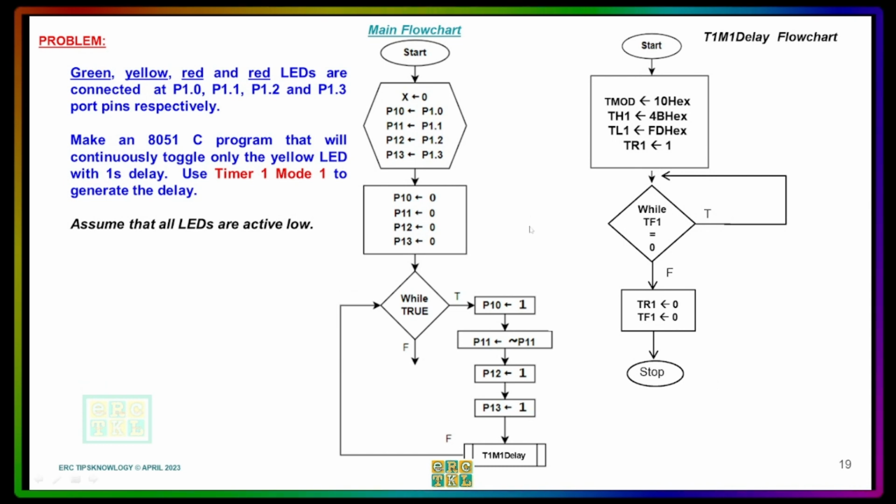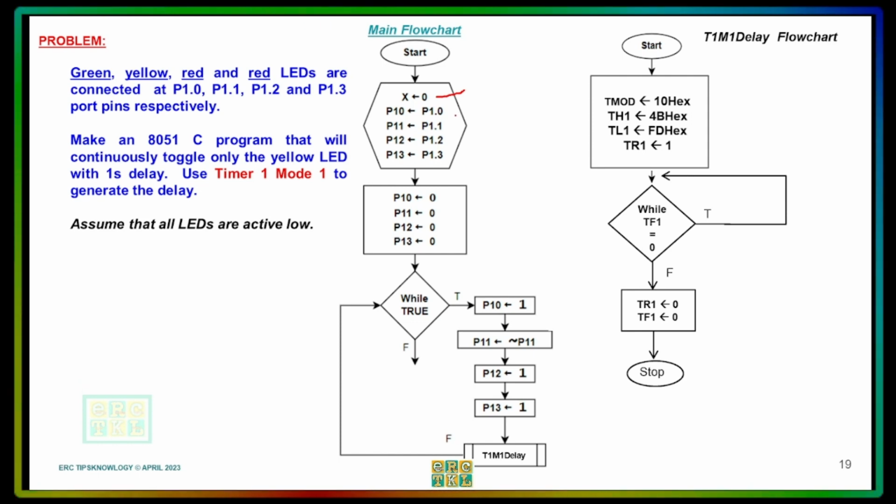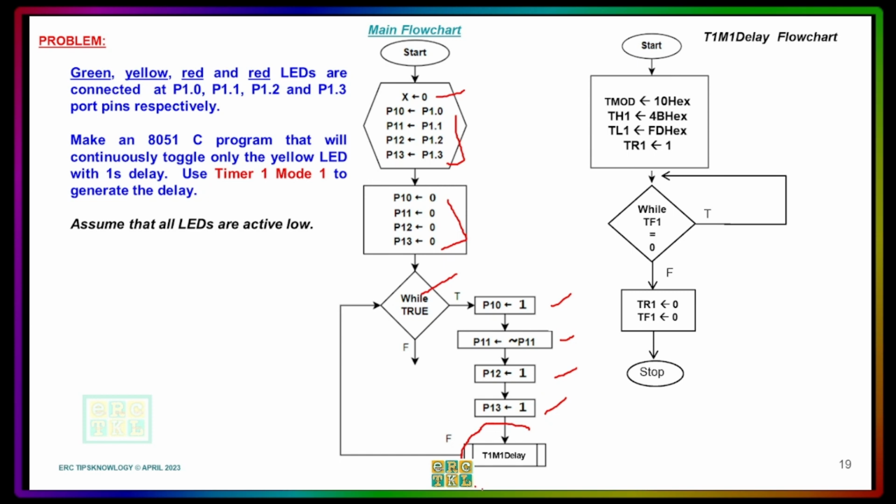Now for the flowchart, we have here the initialization box or the preparation box, the same with the other example in the first part. So X, the P1, P10 up to P13 were declared. P10 to P13 were made to be output ports, and then we have while true off for the green, red, and red, and the toggling of the yellow LED, and this will be the difference. We used here a T1 M1 delay